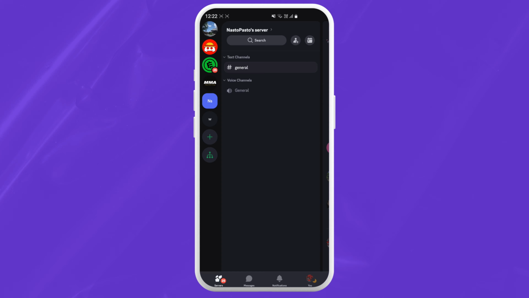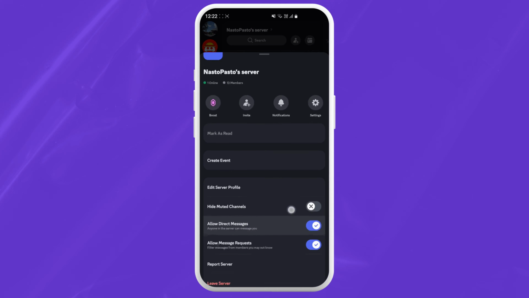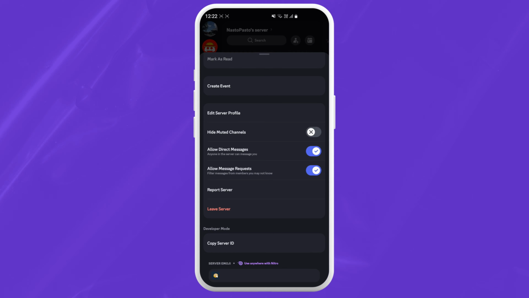Once you selected the servers that you want to leave, just tap on the server name with the right arrow beside it. From here, just scroll down a little bit and you'll see the option to leave server. Just tap on it